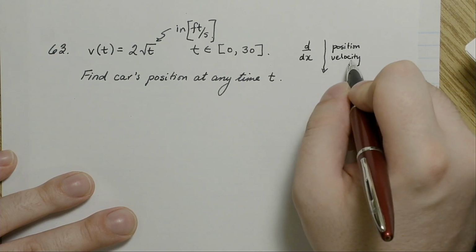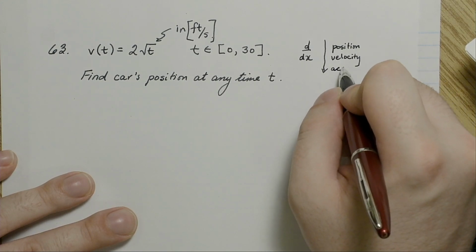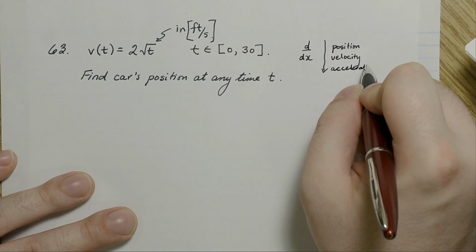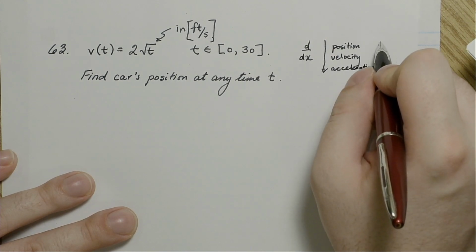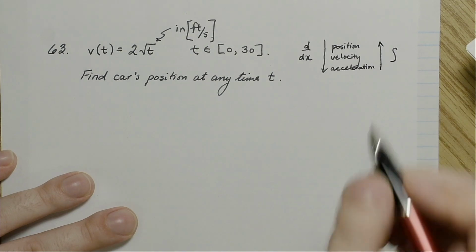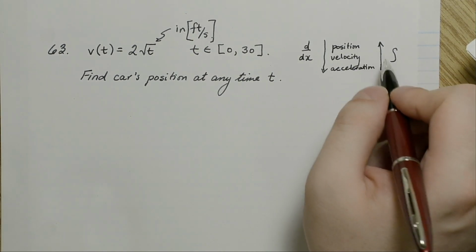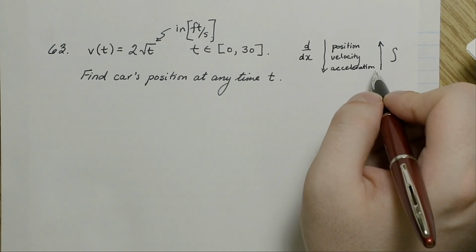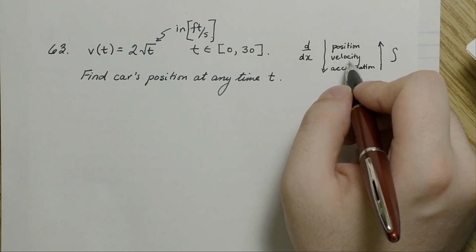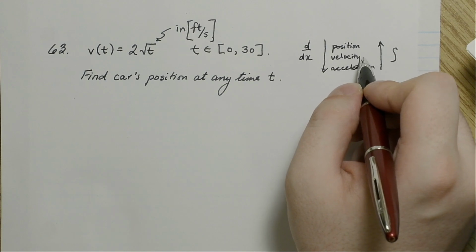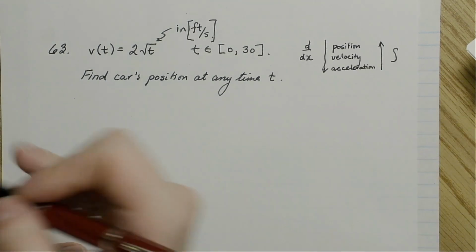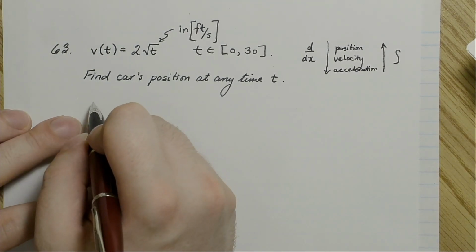And then if we differentiated the velocity function, we got the acceleration. And if we integrate, we can go up. So if we start with the acceleration function, we can integrate it to get the velocity. If we have the velocity, we can integrate it to get to the position,